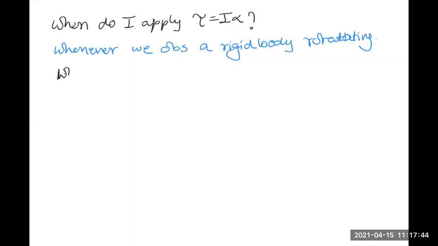Which axis do I choose? Okay, now, like I have said, there is an infinite choice. You can choose any axis you want. However, you are going to have no choice for the moment. Later on, I will show you how to apply this about a different axis, right? But that will be at the end of the chapter.